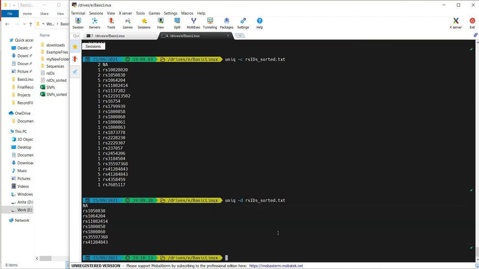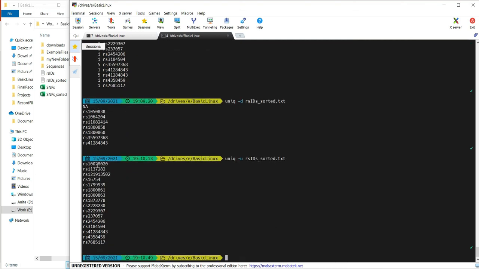Say you want to list only those lines which are uniquely present in this file and not repeated, then you just type -u and press enter. This will list the unique lines which are not repeated in this file. Both of these commands can be utilized in many ways, and some of which I have covered here, but you can always keep experimenting with these commands by using other options available with them, which you can find by using the help command. Now I am finishing with the sort and uniq commands here.